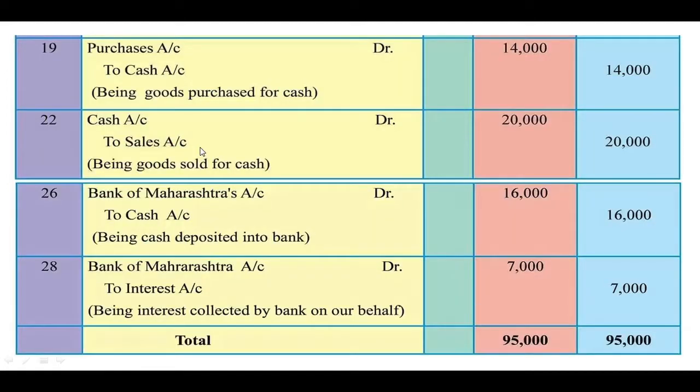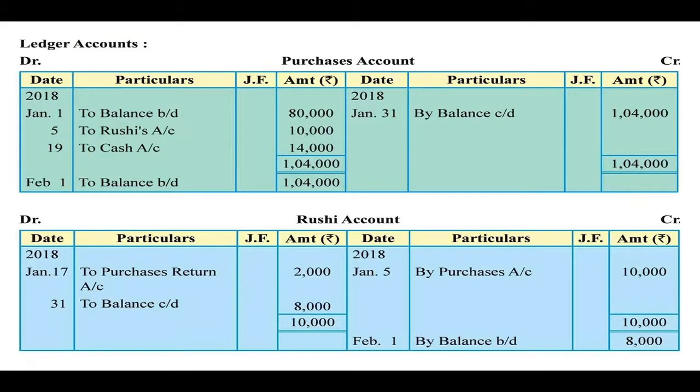Then we have to go through all the journal entries and check whether purchases account is involved anywhere. No, it is not involved. So at that time we have to balance the purchases account now. See, on the debit side there are three entries, that is the first entry of the opening balance, then two more entries from the transactions are recorded here. On the credit side nothing is there. See, this balance is the closing balance which is calculated later on.